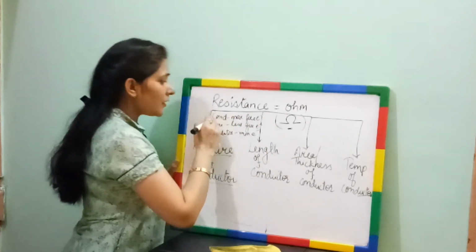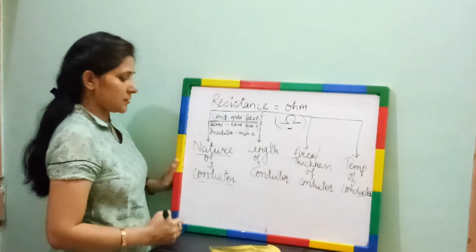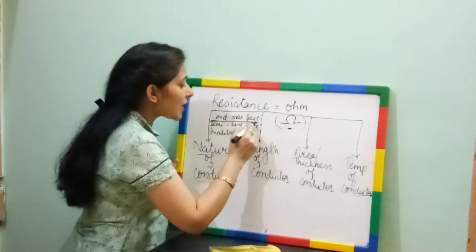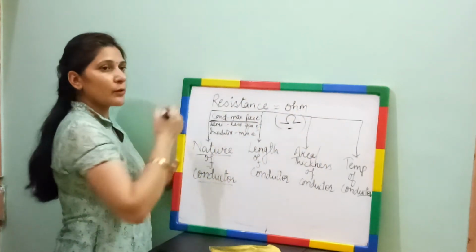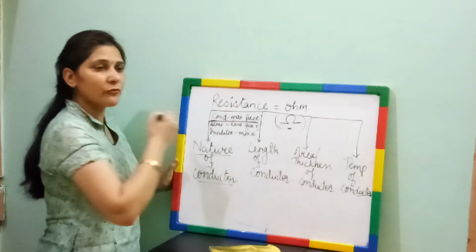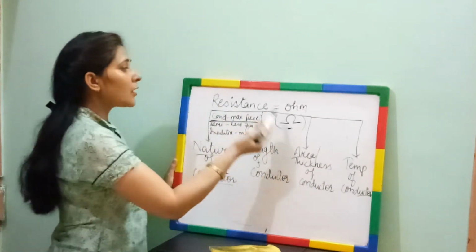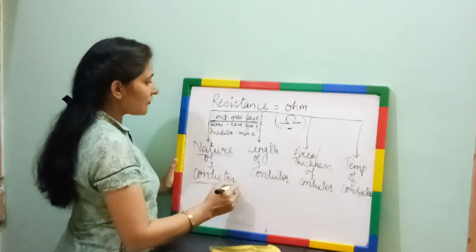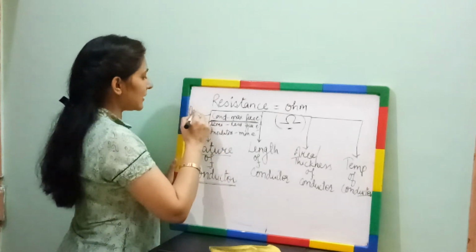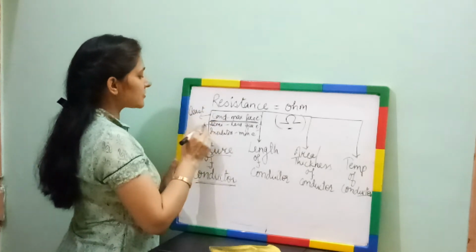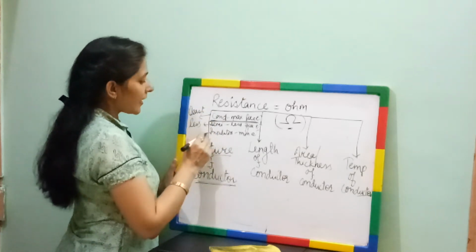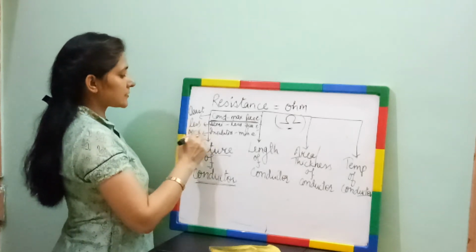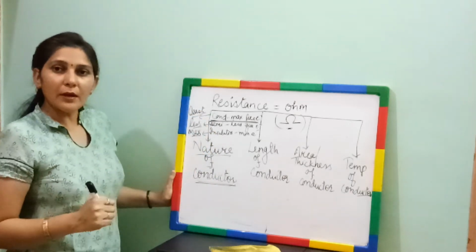Okay, so more number of free electrons in the conductor, that means more charge can be flowing from one point to another, means more amount can be flowing. Okay, if more amount of charge is flowing, means resistance is less. So in case of conductors, resistance is least. In case of semiconductors, it is less, and in insulators, it is maximum. I believe you can remember it.